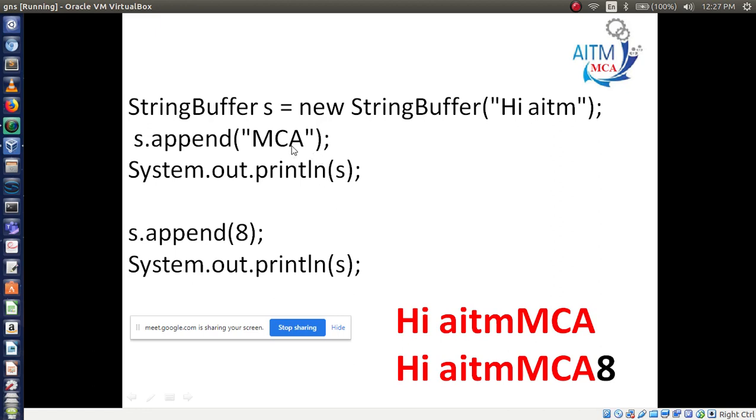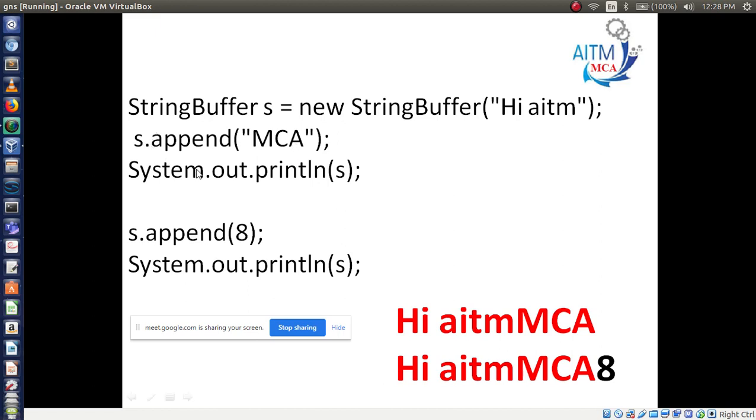One is string, another one is integer. What did we have in s originally? Hi AITM. After appending MCA, our string becomes hi AITM MCA, and that will be stored in the s variable.